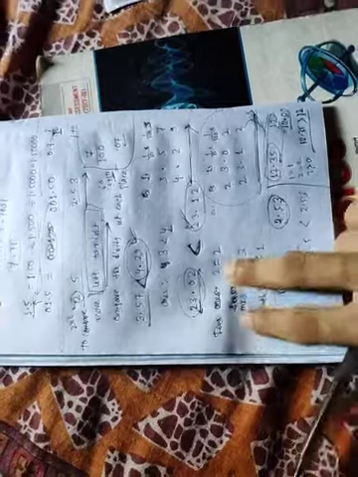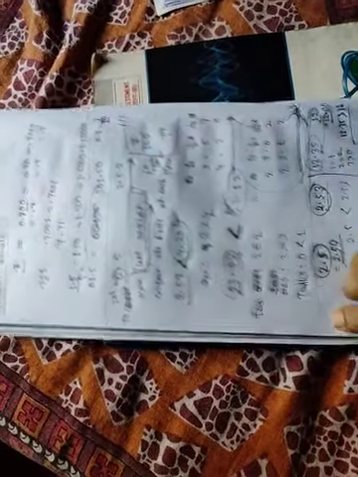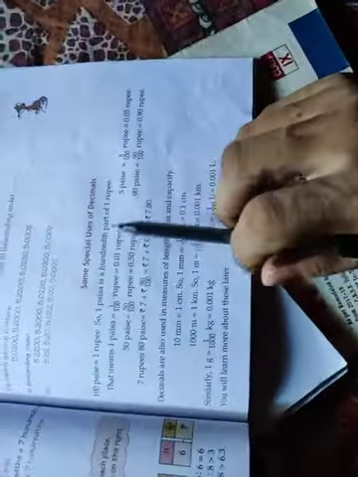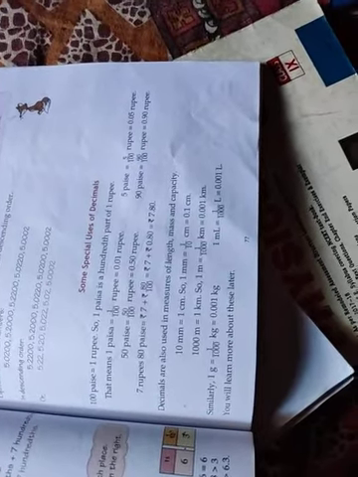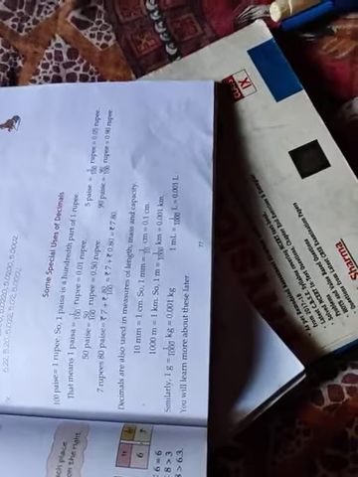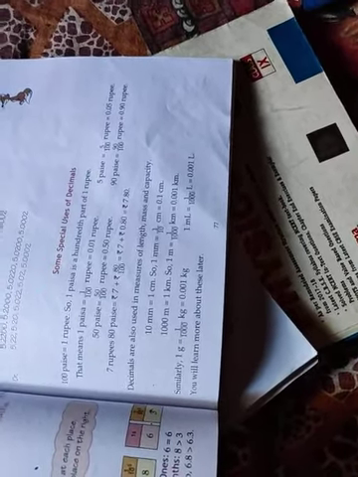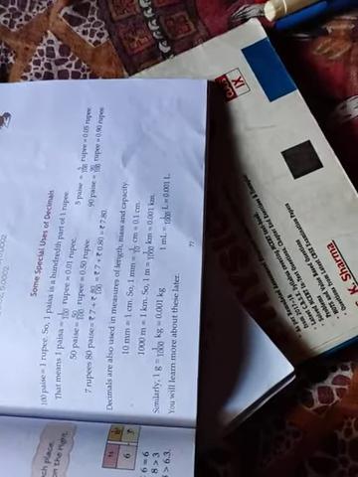One very small thing: some special uses of decimals. Suppose you have to convert paisa into rupees. How can you do this? Remember, this is very simple. 1 rupee is equal to how many paisa? 1 rupee is equal to 100 paisa. So when you are asked to convert paisa to rupees, divide the paisa by 100. Then you will get the rupees.